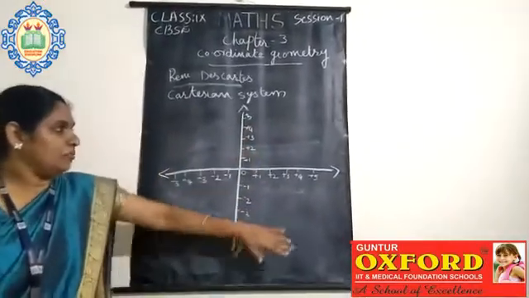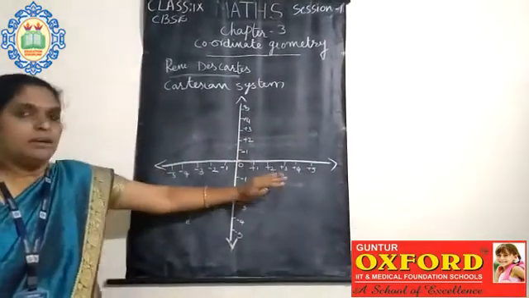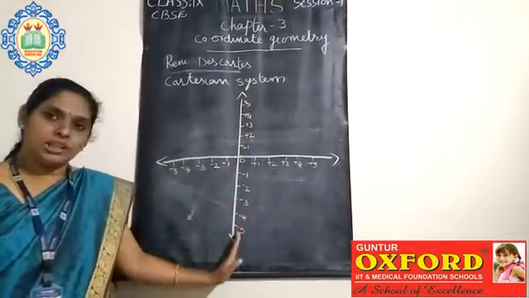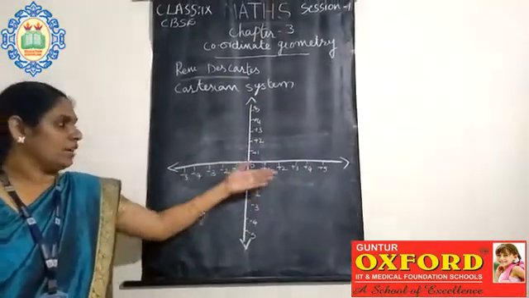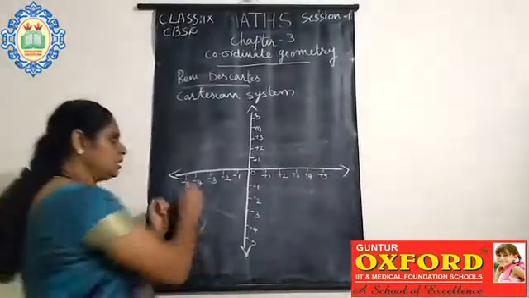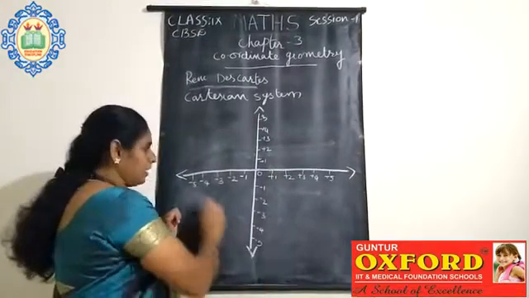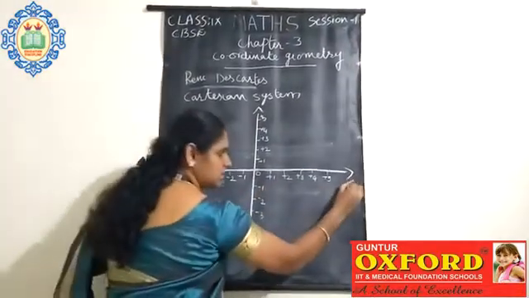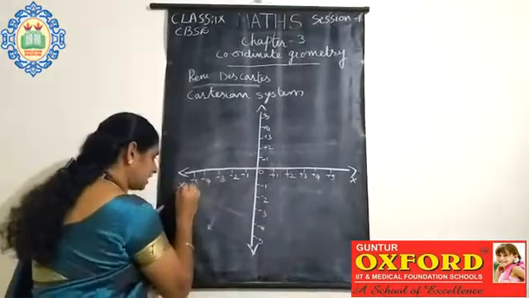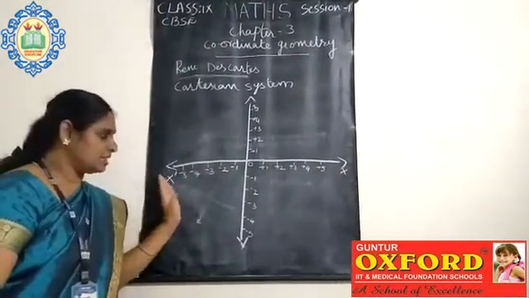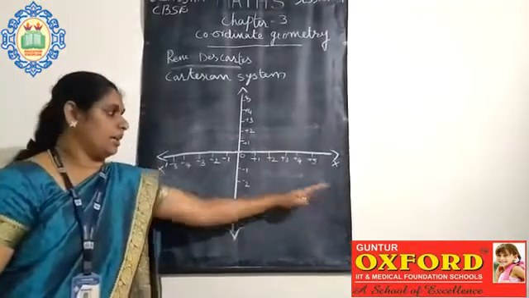Okay, these are in one plane. I draw two lines that are perpendicular to each other. Here only we are locating a point. This one is the horizontal line and this is the vertical line. On the horizontal line I mark this as x, and here x dash. X dash x is the horizontal line.